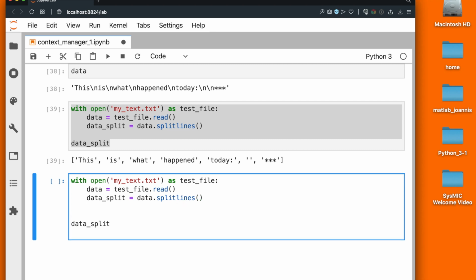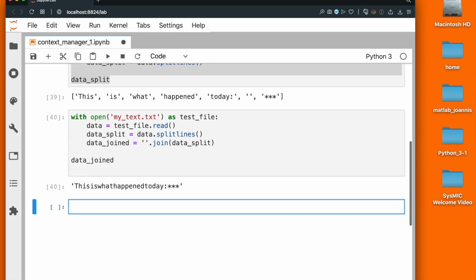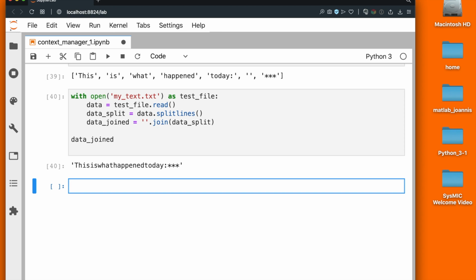So how do we do that? We take this data split list and use the method to bring the pieces together, which is called join. So join is in single quotes dot join, and we apply it to the split data split. That's what it's operating on, and we store this in a new variable, say called data joined or something. So if you call that data joined, the result will obviously be in the variable called data joined. And if we look at the result,